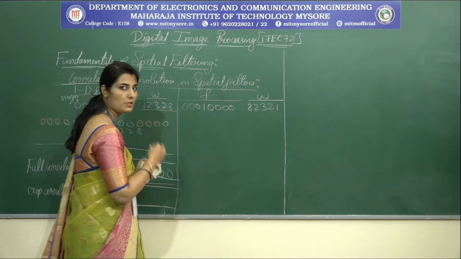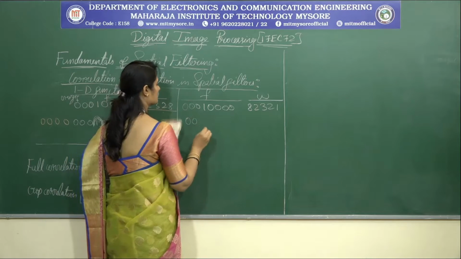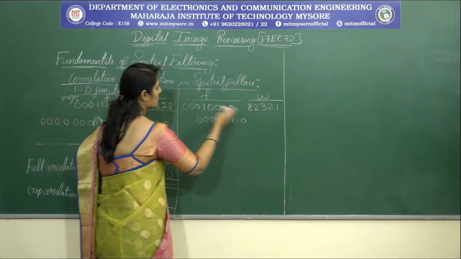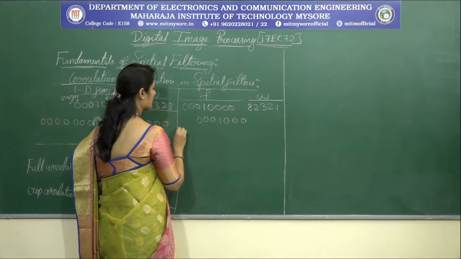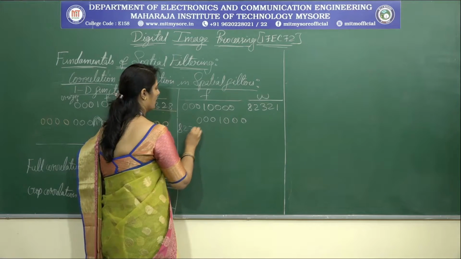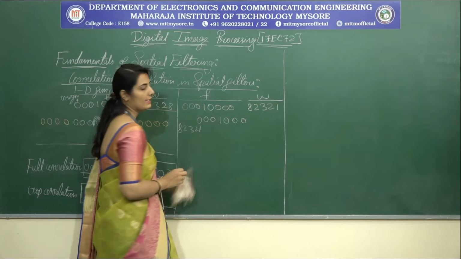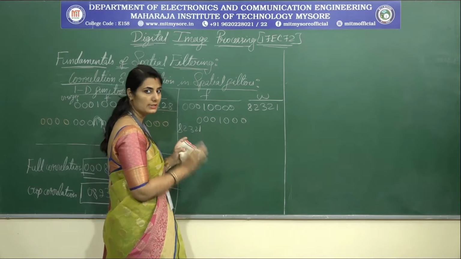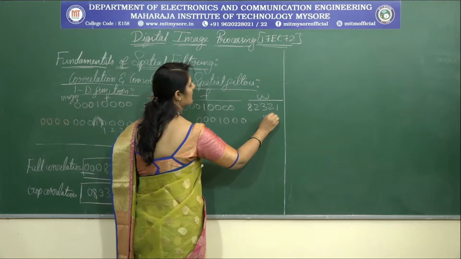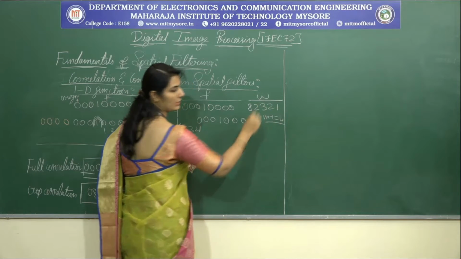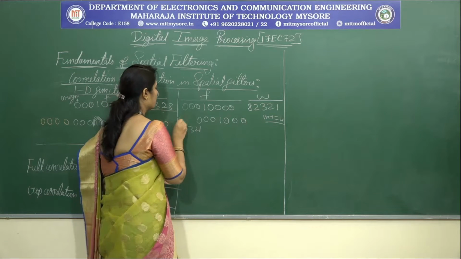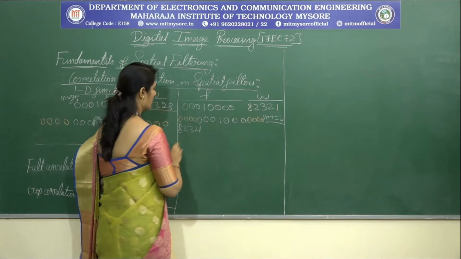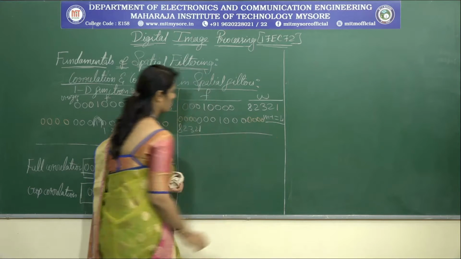Now perform the same operation as that of correlation, that is 0, 0, 0, 0, 1, 0, 0, 0. So in order to move this mask over this image, I will perform this operation. Again here some of the functions are not overlapping, therefore I should go for 0 padding. The number of zeros which I can pad is m minus 1, that is 4 here. Okay, so I can pad 4 zeros on both sides. So now perform this correlation operation.